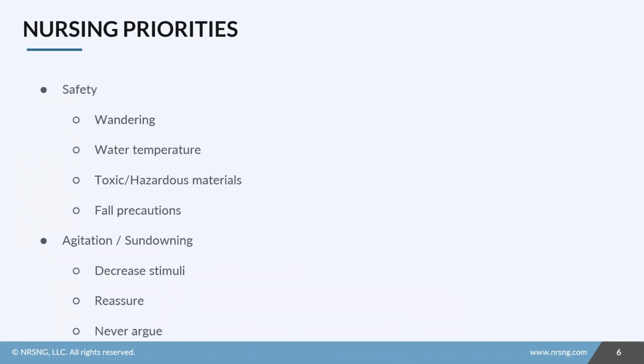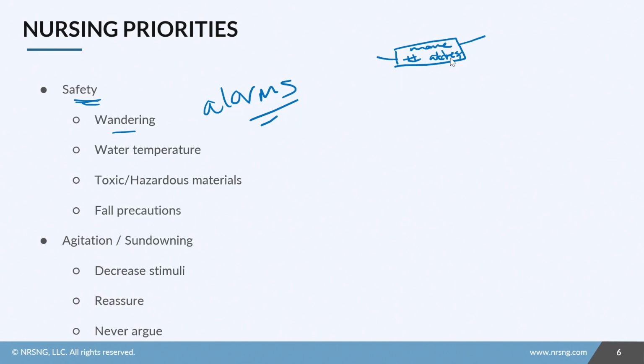So there's four main nursing priorities in clients with Alzheimer's and with dementia. The first is safety. Many clients have a tendency to wander, so we'll use alarms in a lot of facilities. Sometimes they'll have a little bracelet on that alarms if they go through the door. I always recommend that clients with Alzheimer's wear a medical alert bracelet that has their name and maybe a phone number, maybe an address, so that if they were to go out on a walk, they have emergency contact information and somebody could get them home.